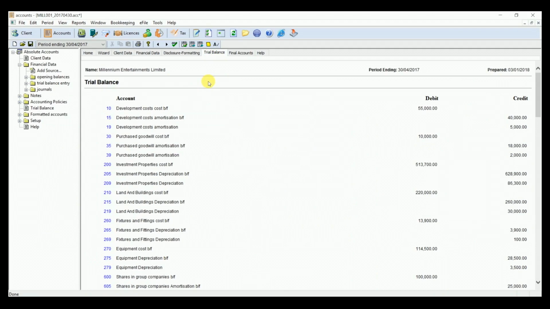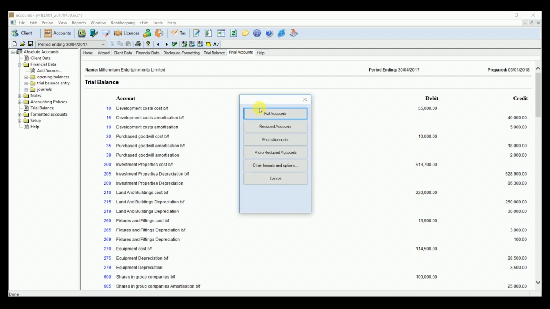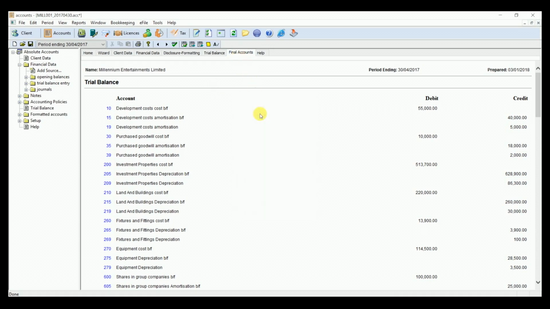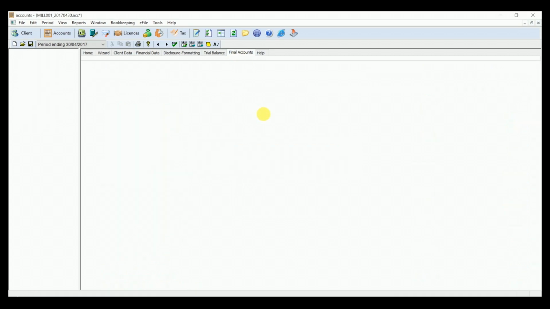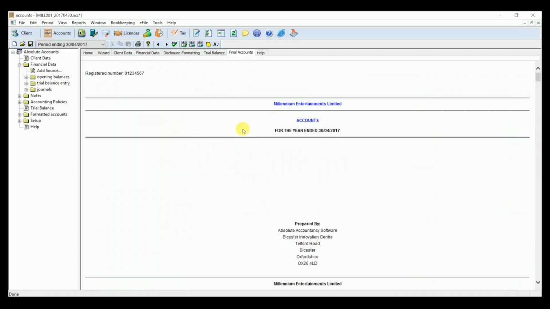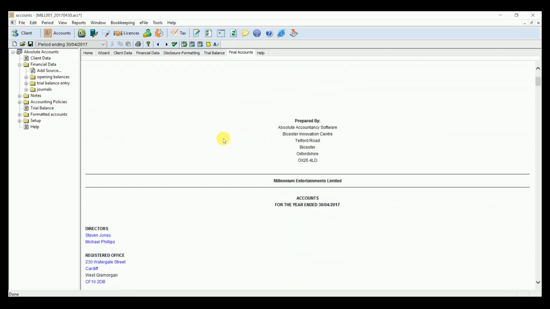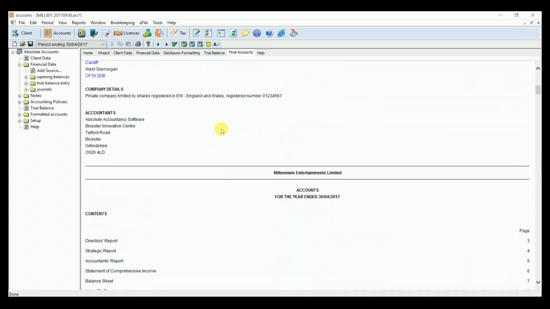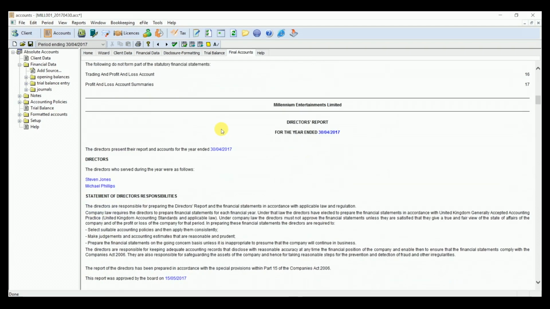Once you're happy with the trial balance, you would then probably want to view the full accounts. So to do this, you would click on the Final Accounts tab and select Full Accounts. So this is going to run a set of full FRS 102 accounts. As you can see, all of the tagging is done automatically within our software. So anything that's highlighted in blue means it's tagged for IXBRL. So if I'm just scrolling through, just looking at the accounts,